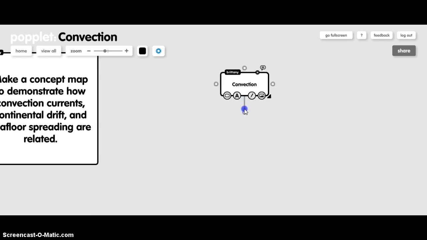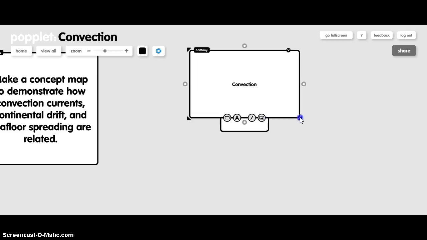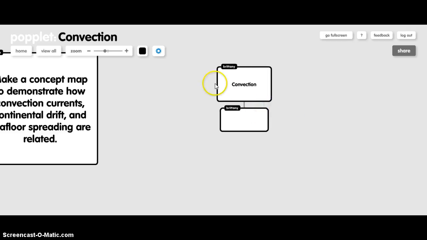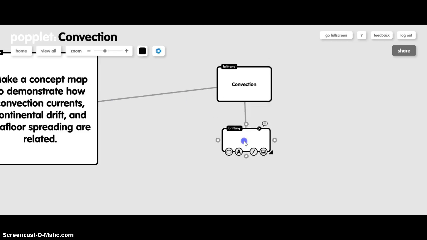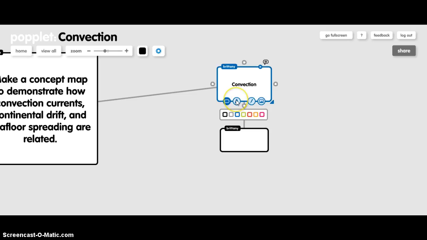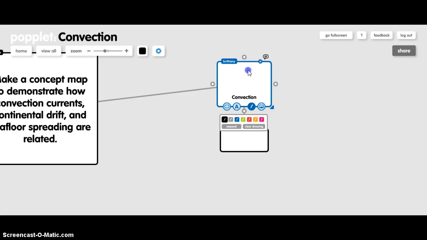You can add really as much text or as little text as you want. I can make my box bigger. You saw I just added a box here just by clicking on the tool or on the circle on the side, and I can actually connect the boxes together. Another really neat feature of the Poplet is the ability to change the box color. You can change the text size and orientation a little bit. You can also draw in the text box. And lastly, you can add YouTube videos, and you can also upload your own images from your computer onto the